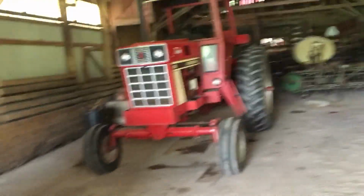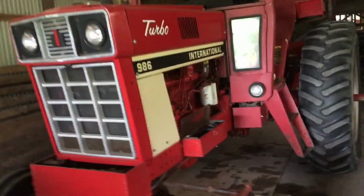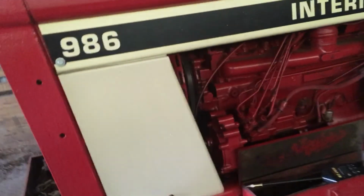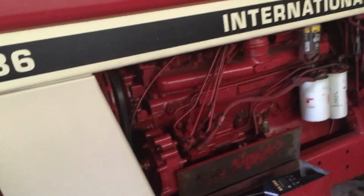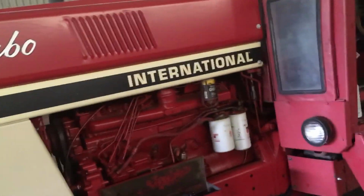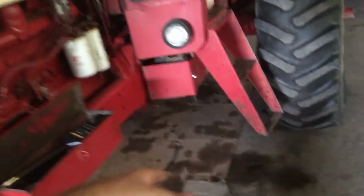But if you have an Erector Set International hood that has 13 or 14 bolts, and there's 20 minutes till you get all these bolts out. And again, maybe it won't take 20 minutes. Maybe it'll take an hour. What if they're rusted in again? What if you break some off and have to re-drill them out to be able to put the hood back on? That's all stuff you can do at home. That's stuff you can save time, you can save money. If it has to be split apart, or if it needs engine work, send it to the dealership without the hood